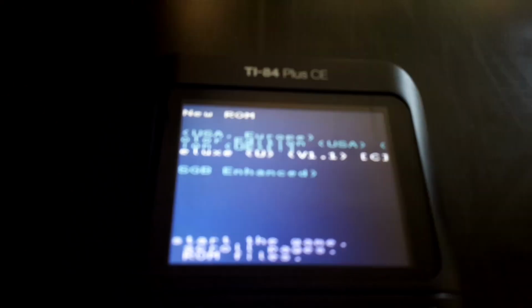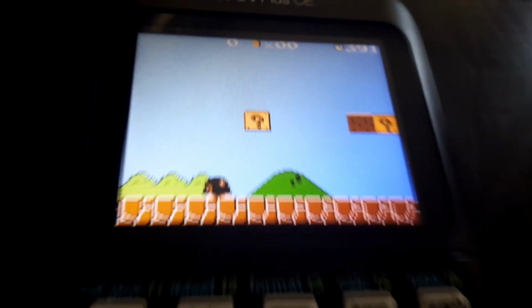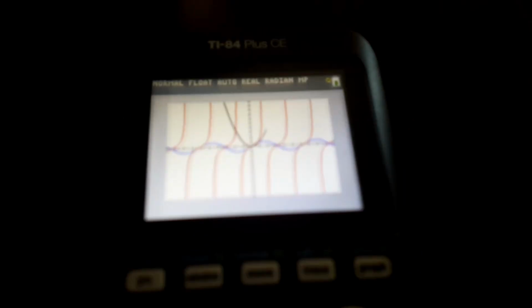See, I'm gonna load up. I have a bunch of ROMs here. Super Mario Bros. Deluxe. So yeah, and then you can quickly hide the evidence by pressing on. Now in calculation mode, I'm just gonna do a graph. So yeah,